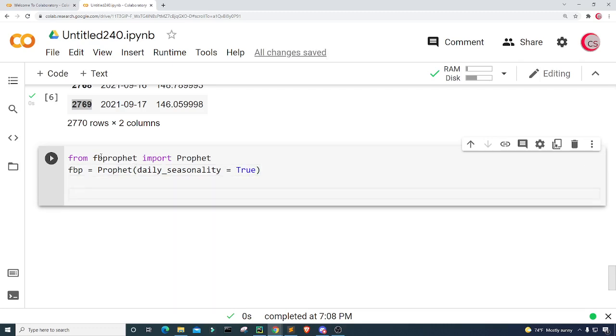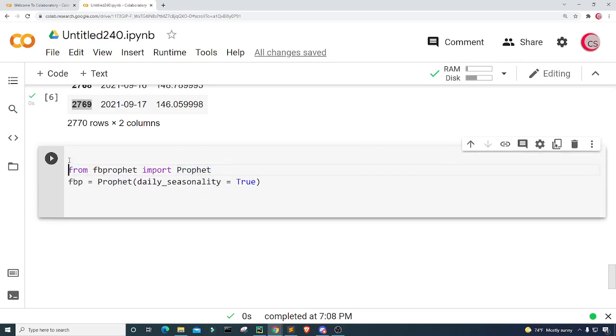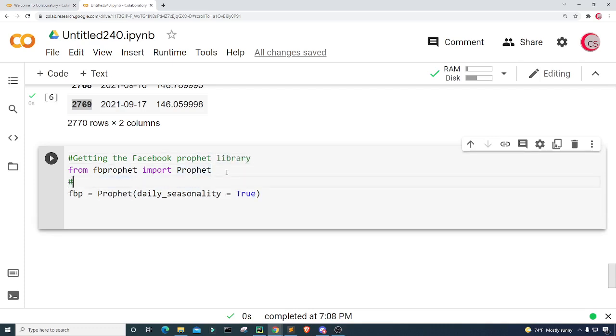Okay. So again, let me put some comments here actually. So I'm getting the Facebook Prophet library here, and then I am creating the Prophet class, or it's really the object, the Prophet object. All right. So I think I said class earlier, but it's really the object. So this is the model,